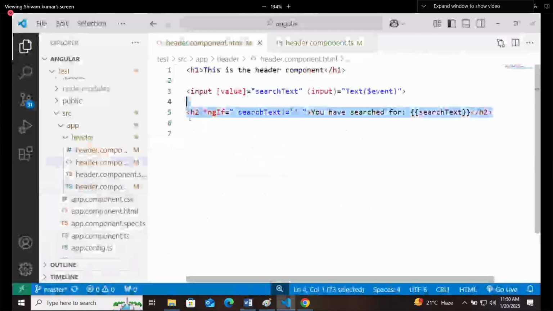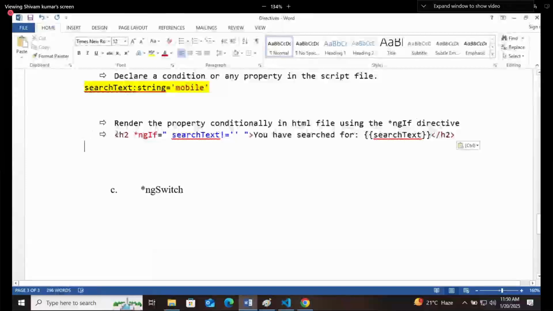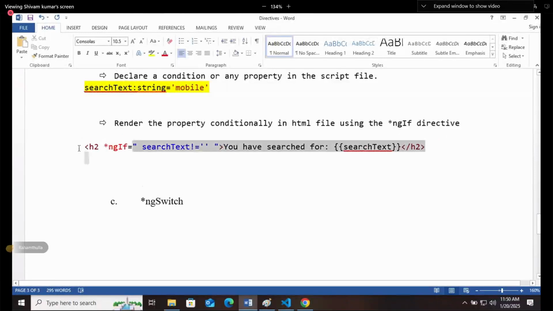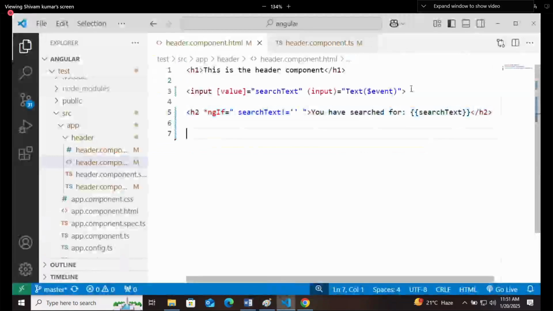For that, this is the condition that I am writing. And in the last step, you can do one more thing: declare a function to test the working of ngIf. For that, first you need to attach an event like this.